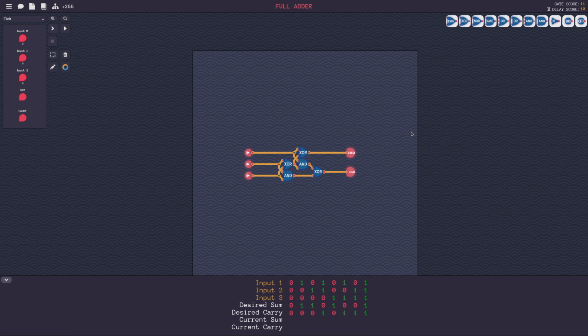Okay, so what do we know about delay score? It is the depth of my circuit. It is the largest depth. I'm not sure what this would properly be called, but basically any circuit is a directed acyclic graph. It's not a tree, because we do have things joining together, but it is